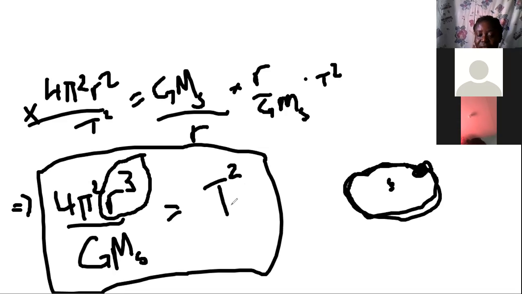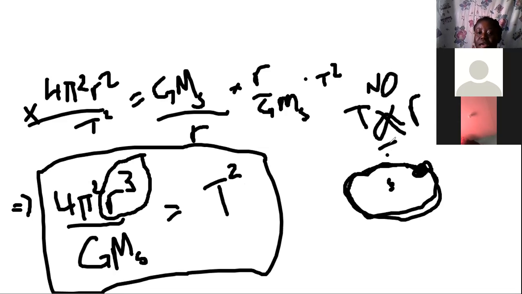So that is what it's saying. It's not saying that the time is proportional to r. No, this is not true. These are not equal, but it's saying that the time squared is proportional to